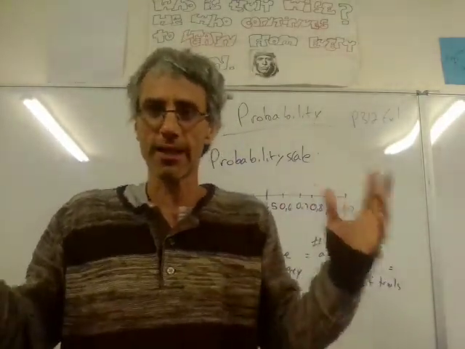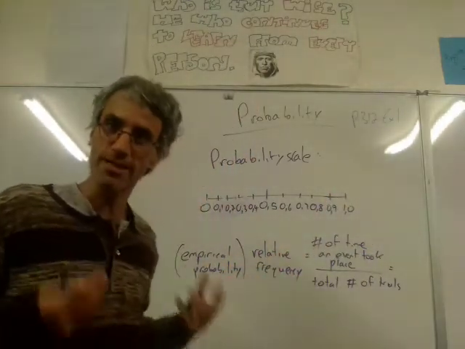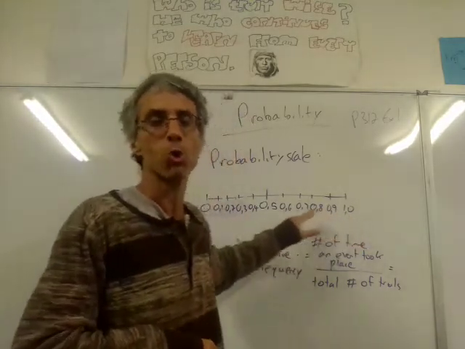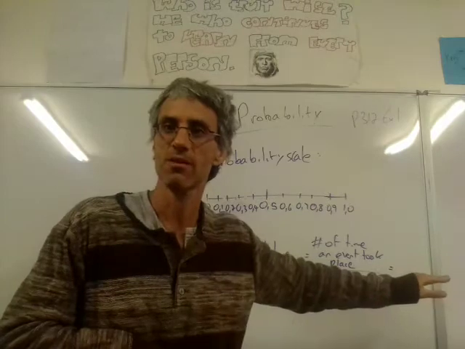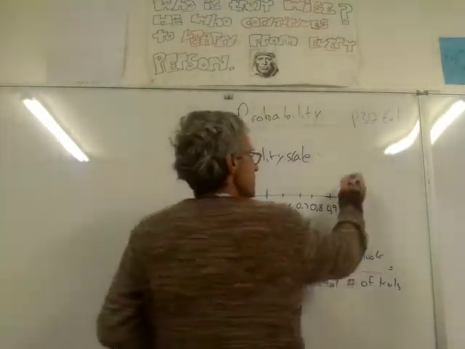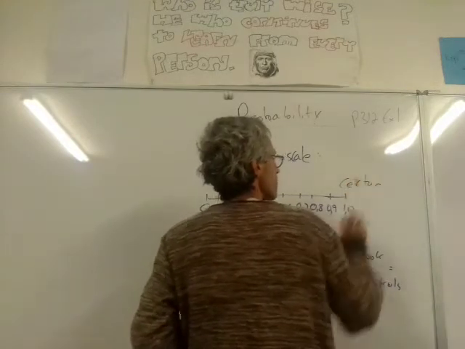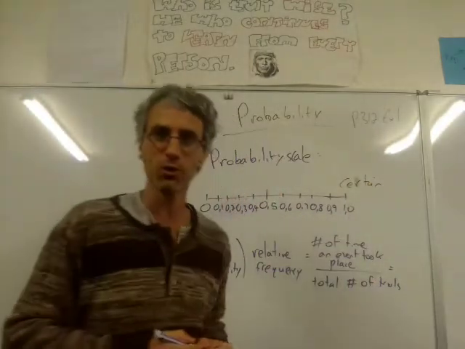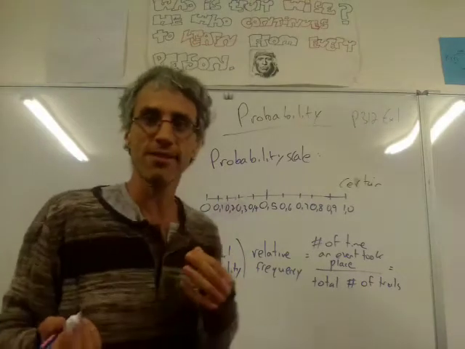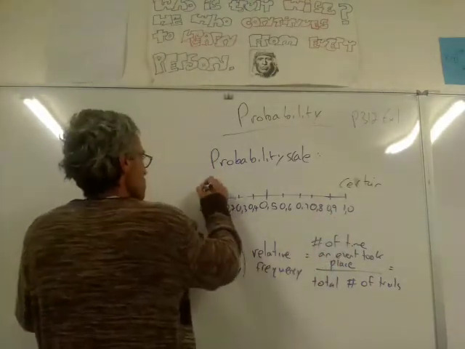Now, the answer I can give is a number. Probability is a number anywhere between 0 and 1, or 0 and 100%. Where 1, or 100% if you want to work with percent, is certain. So that is definitely going to take place. You might say the probability that we are going to get back to school on the 1st of June is 100%, or 1. That's certain. Or you can say the probability is 0. No chance. So 0 means no chance.